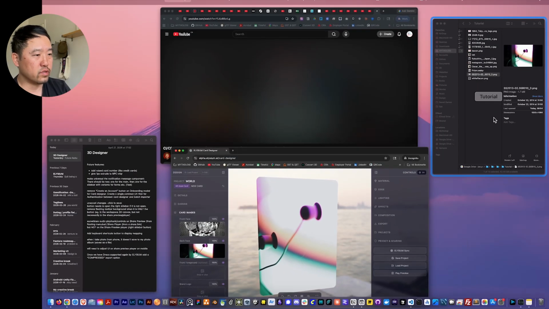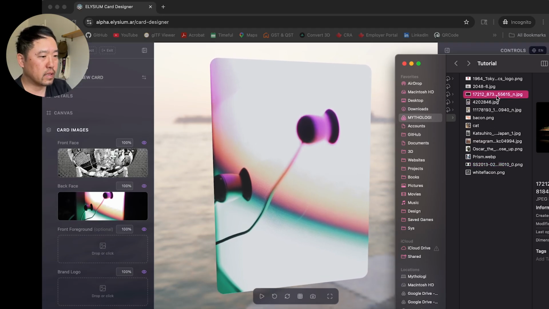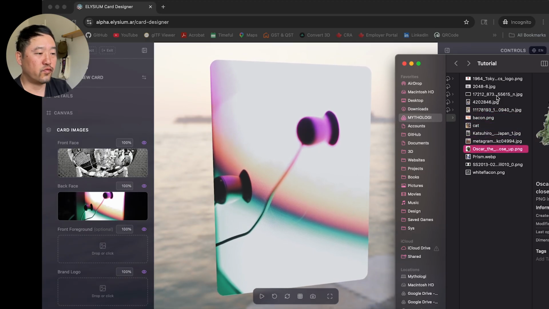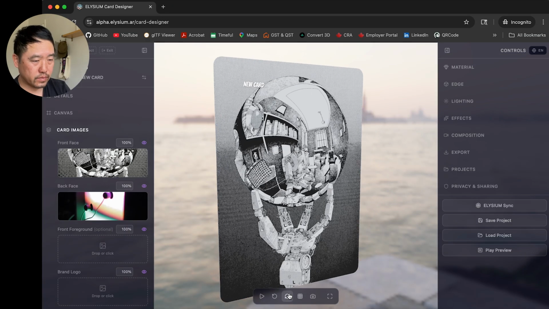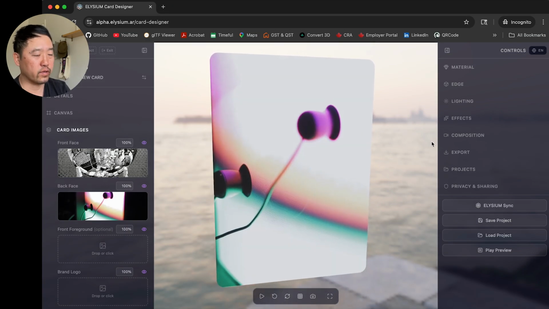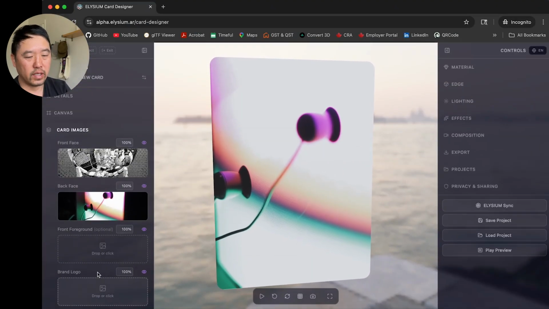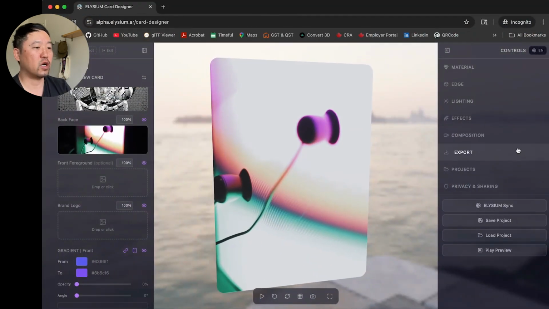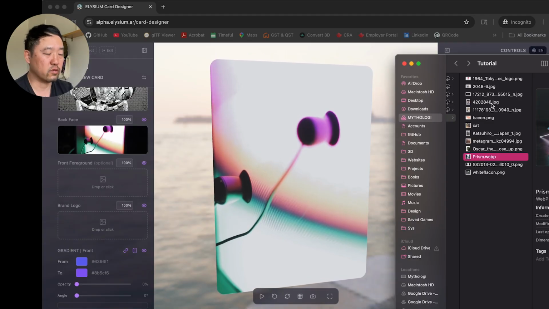And the last thing we're going to do now is that we can add additional images that allow us to set a front foreground image. So right now, what we've done is we set the background images. We can now add a front foreground image. So you can either add this on the side here, right, over front foreground image or background logo. These are things that would sit on top of the backgrounds, the front face or the back face.